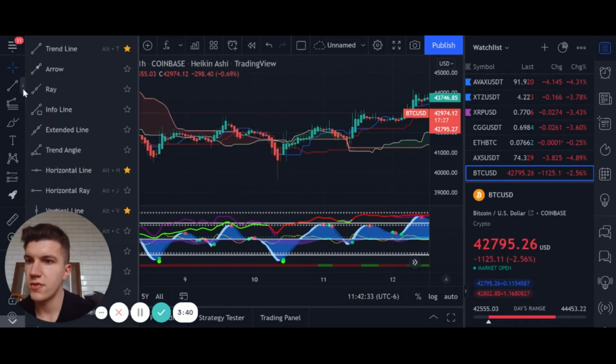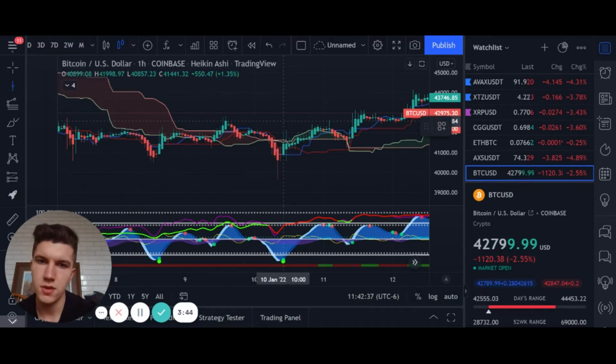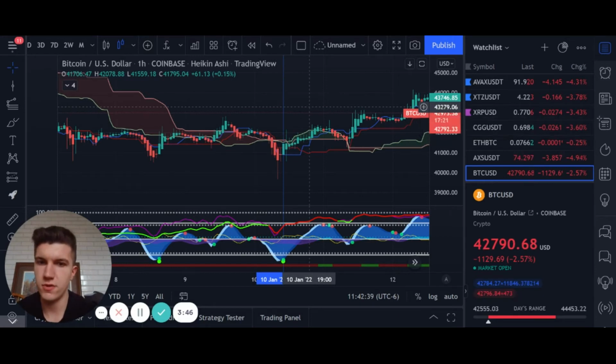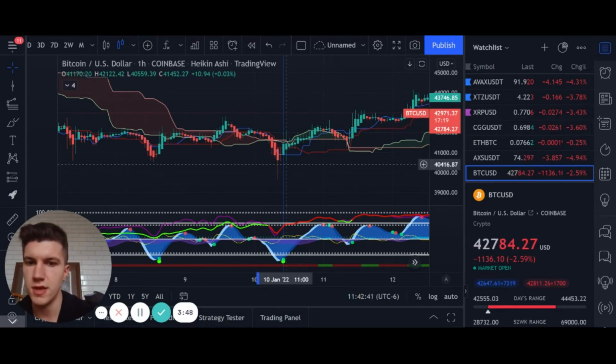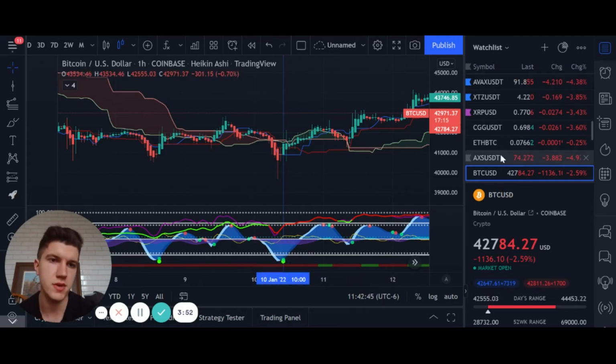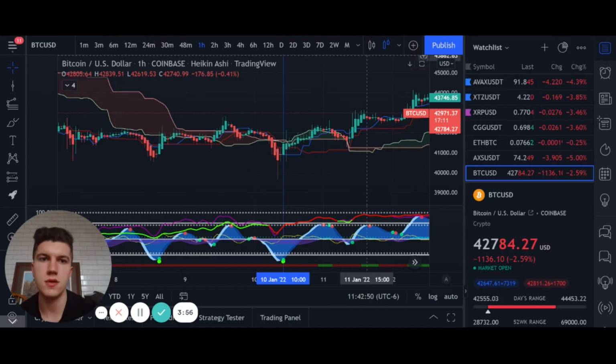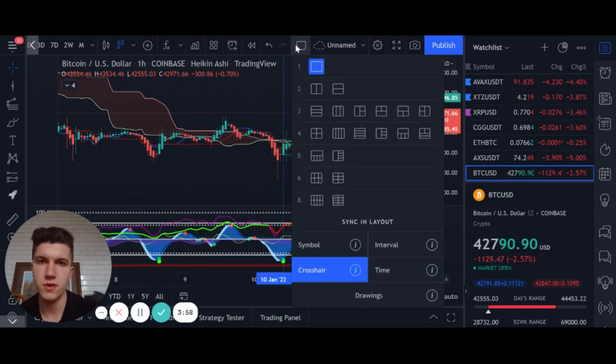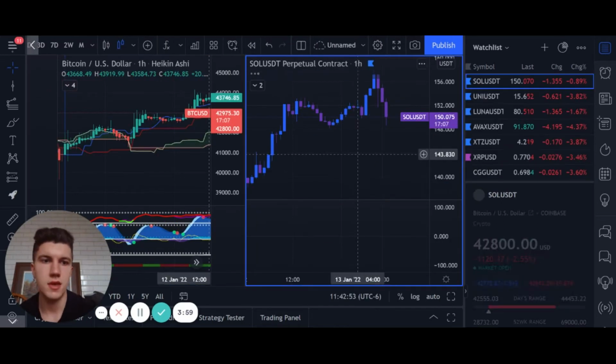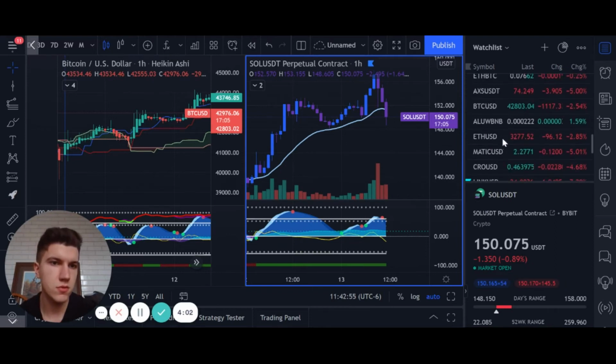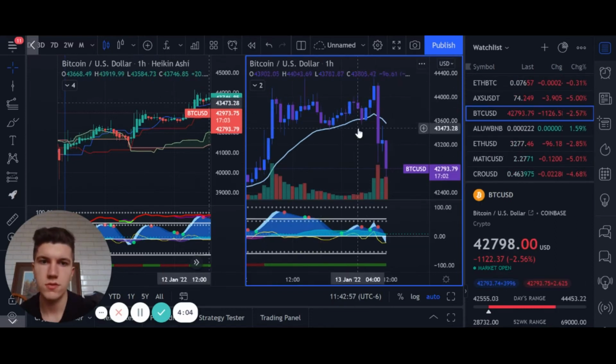Another specific thing of when you're not really sure when to enter is I'm going to draw a vertical line right where that candle was, along with the green dot in Market Cipher B. And I'm going to split my screen in half here. And then we're going to go back to the chart I was using,